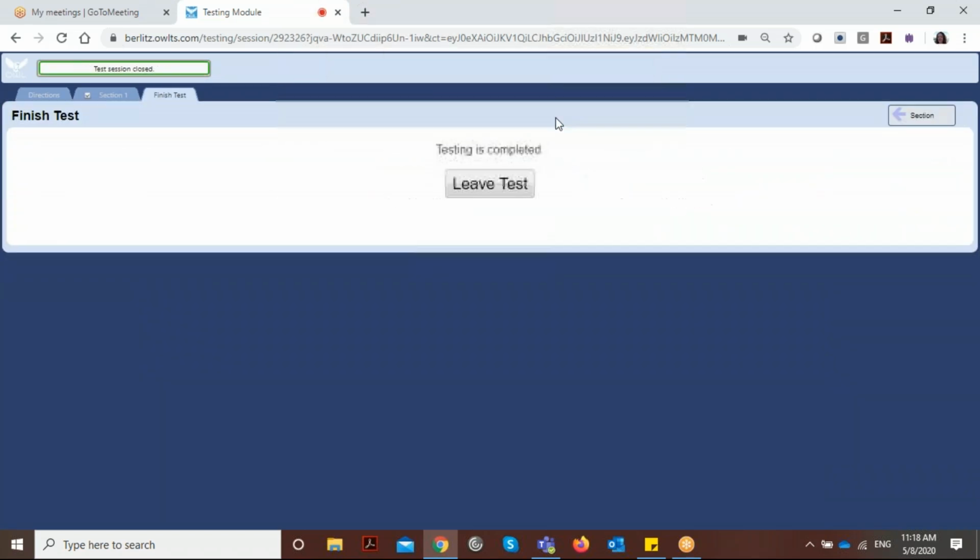When a candidate reaches the end of the test, it will submit automatically into the rating queue. You just saw me click Submit, but that's because I'm showing you the demo version of the test. In the live test, the candidate will not have to click Submit, and the test will automatically be submitted to be scored, and they will see this notification that testing is completed. When you reach the end of the test,